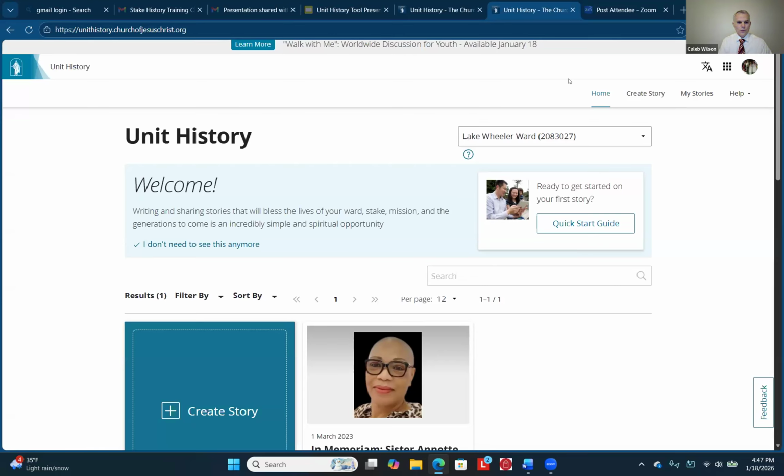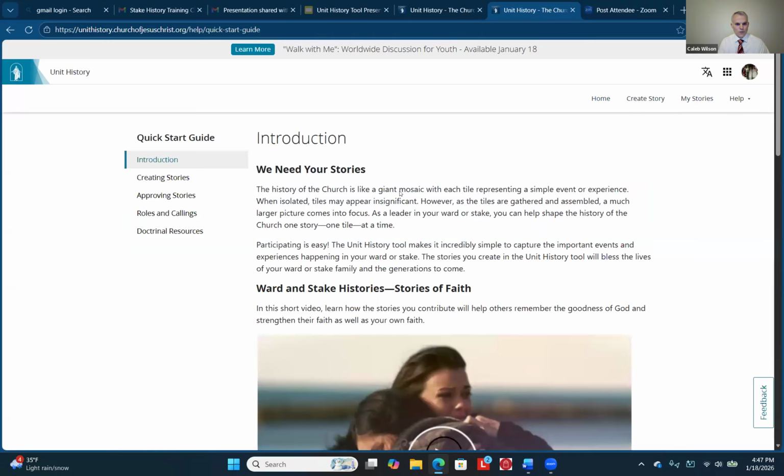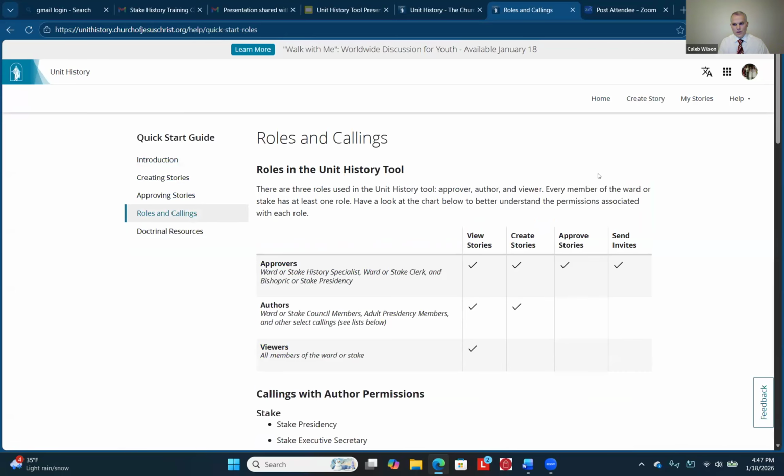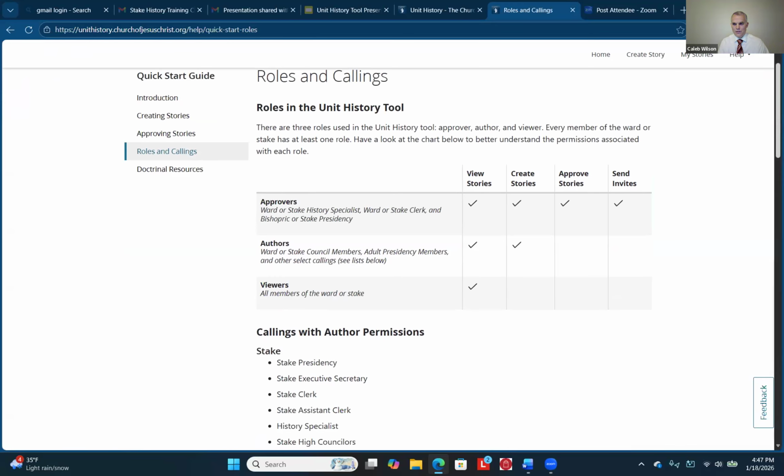So when you go to the unit history screen, this is what you see. It'll say welcome, and you can come over here and click quick start guide. If you want to go through these bullet points here, it'll walk you through a few things. If you click on roles and callings, Brother Stevens went over this a little bit, but I wanted to add a couple